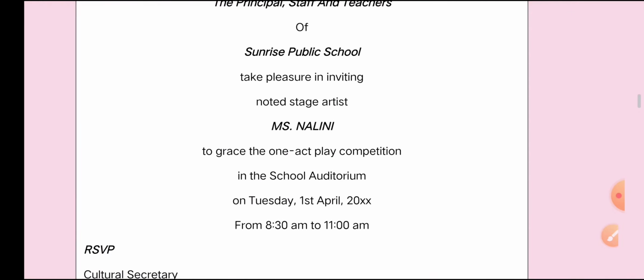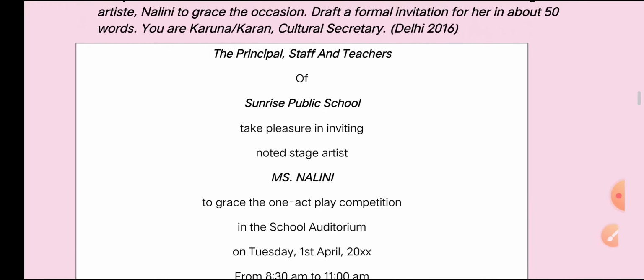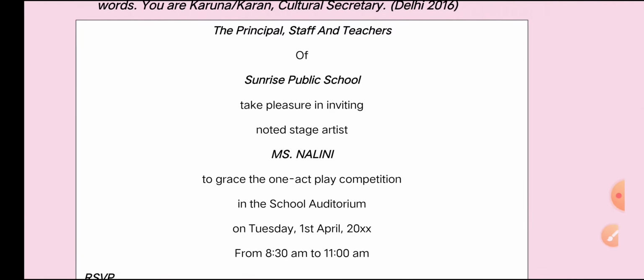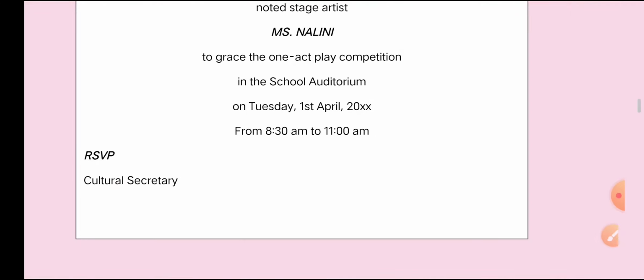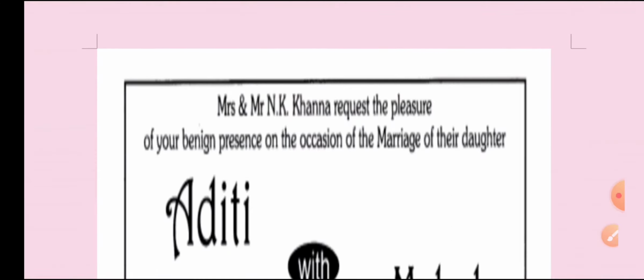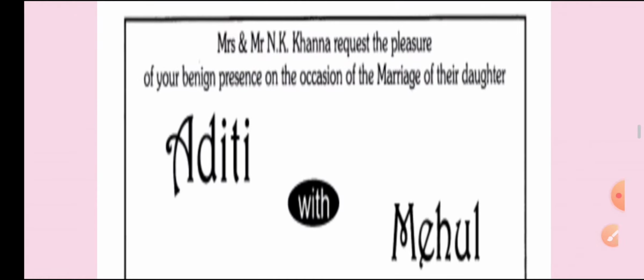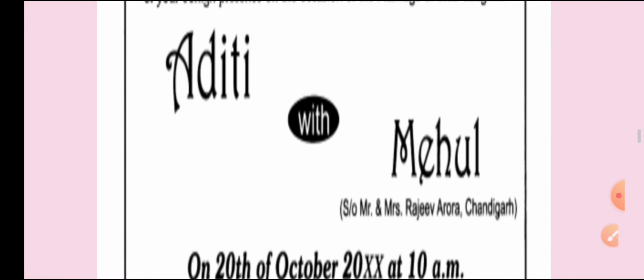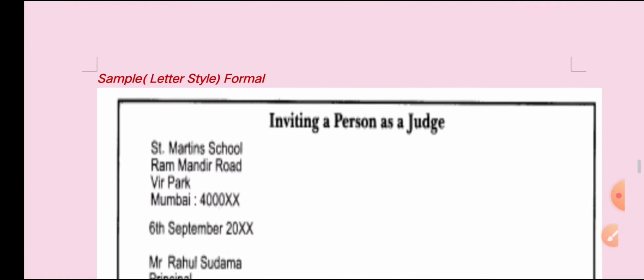This was the first style, card style, right, which was for a cultural event of the school, and the second one was for marriage, right? And this is the invitation for the marriage, and from the girl side this was the invitation, right? And we have discussed what we have to do, which things we have to use where. Today we are going to do letter style